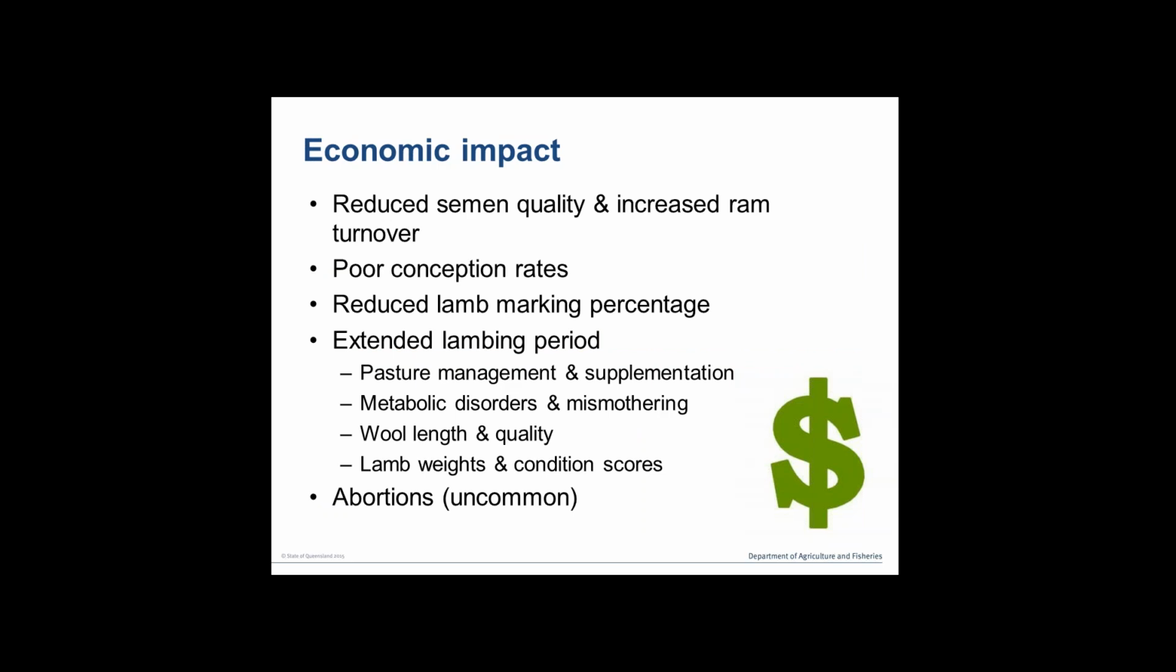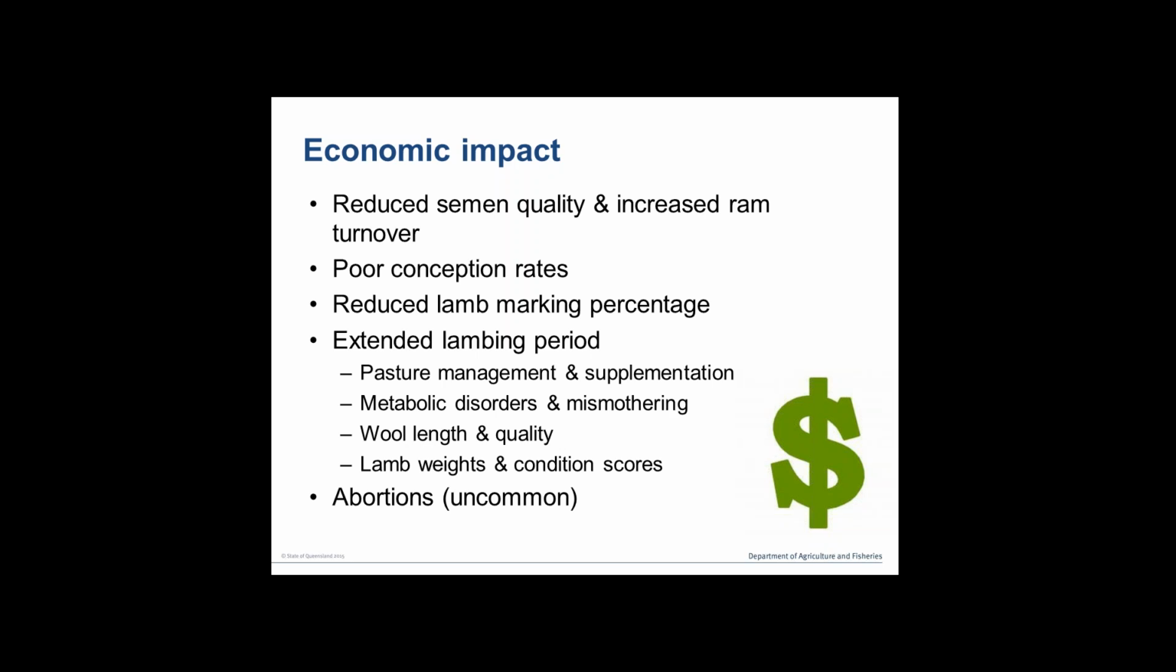Economic losses due to the disease affect both the wool and sheep meat industries and occur due to decreased semen quality and producing rams that are subfertile or sterile, therefore increasing ram turnover and replacement costs. It can also cause poorer conception rates with an increase in ewes returning to service, reduction in lamb marking percentages, extended lambing periods resulting in difficulties in pasture management and supplementation due to varying stages of